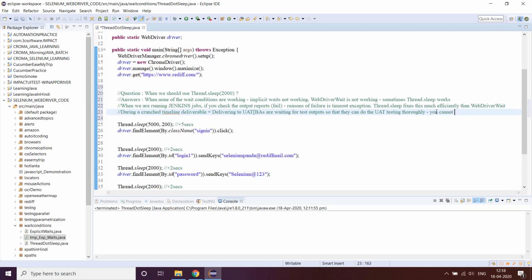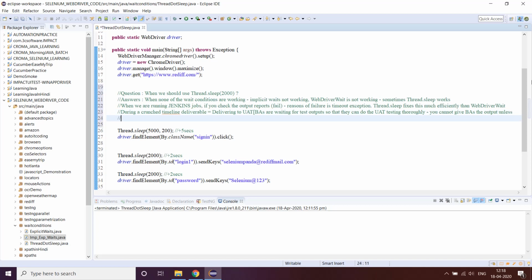You cannot give BAs the output unless all the tests are passing, or certain workarounds. So by default, sometimes thread.sleep helps in getting these things done.